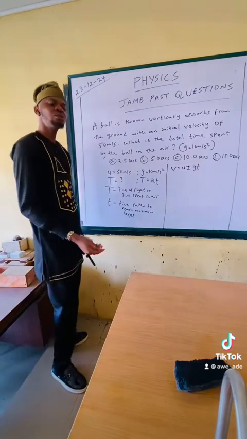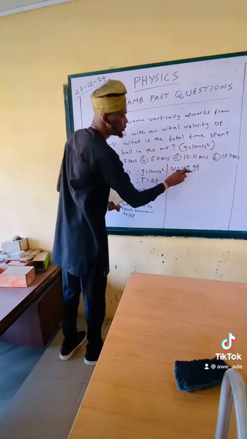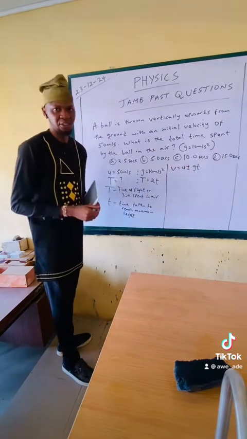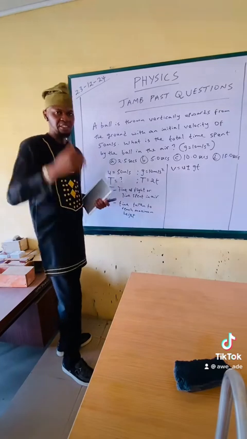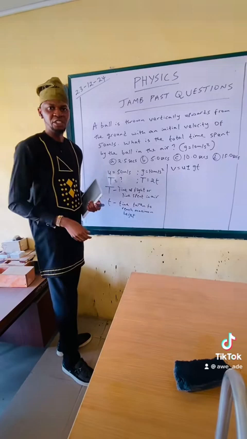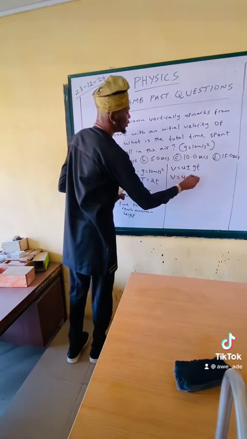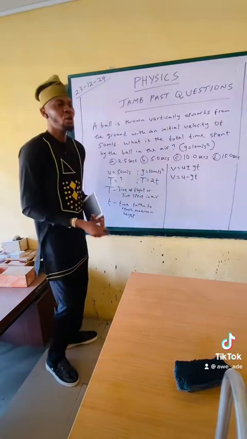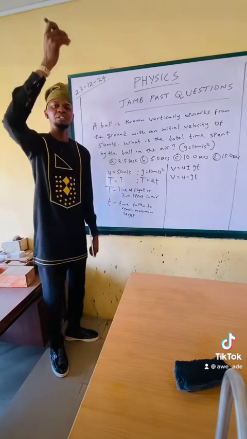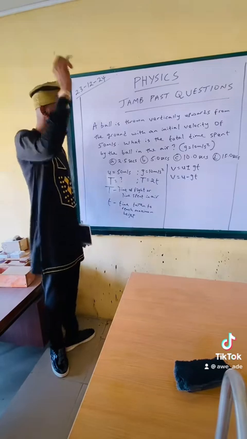Because we are told from the question that the ball is thrown vertically upward, instead of it being plus, it will be minus because it's against gravity. If it's coming down, it's in the same direction as gravity. If it's going up, it's in the opposite direction to gravity, so it will be minus. So in this case, it will be v equals u minus gt. Now, when an object is thrown upward, for example, this marker that I'm holding now, as it's going up, its velocity will be reducing until it becomes 0. That means at maximum height,